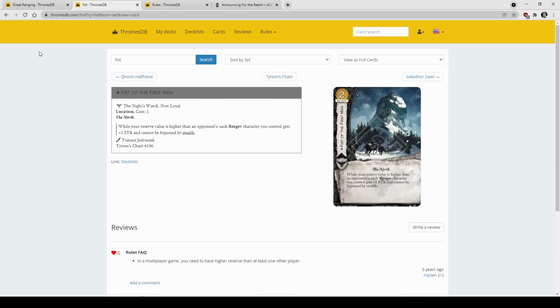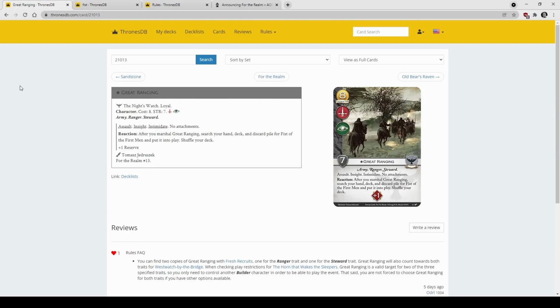and there are other Night's Watch cards that do the same, that are quite easy actually to put into a deck. So most of the time you might have a higher reserve value, and then, okay, cannot be bypassed by stealth is reasonably useful, but the +1 strength for Ranger characters, if you're playing a dedicated Ranger deck, is always useful. So you're not doing anything great with the ability. It's an obvious trigger that just happens when you marshal this,